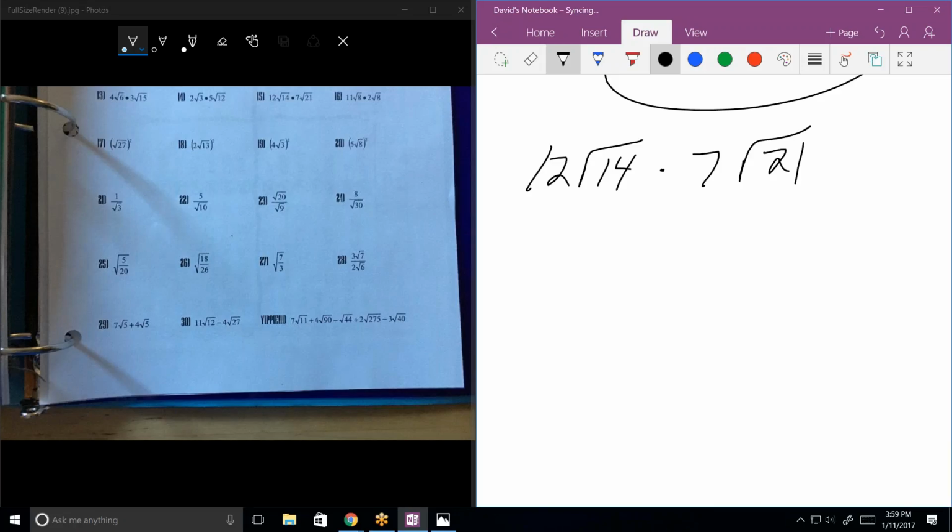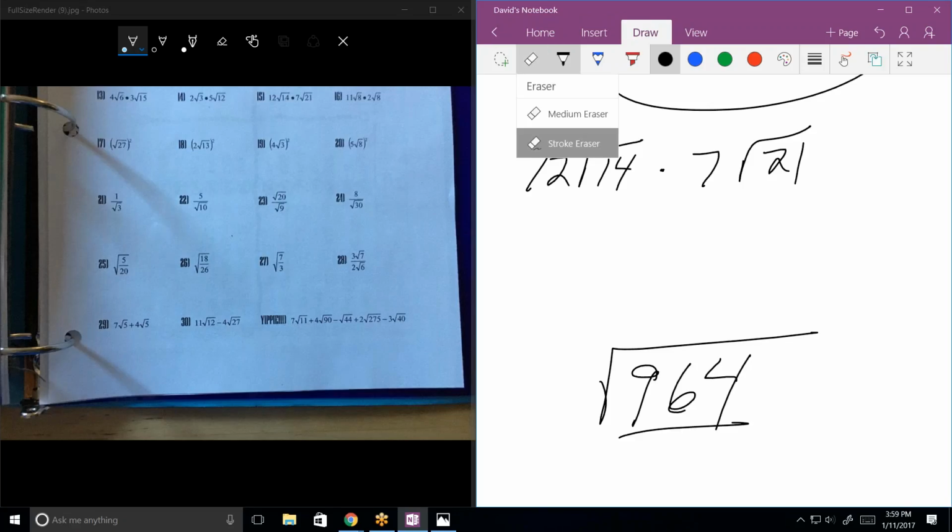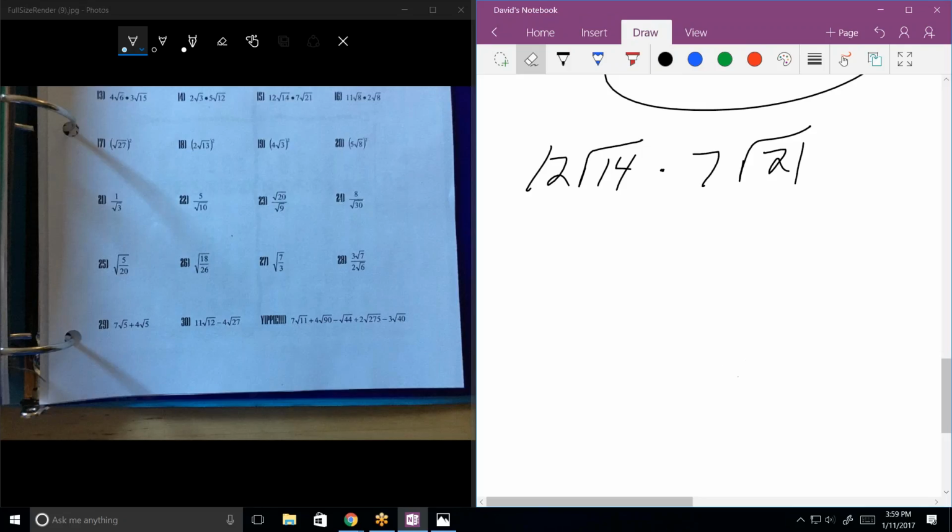And that's going to be hard. When you're trying to simplify big radicals, if I give you a big radical like this, that's hard to simplify because you have to find factors of that big number. So it's very difficult. So it's easier if I factor this separately and make it 12 times root 7 times